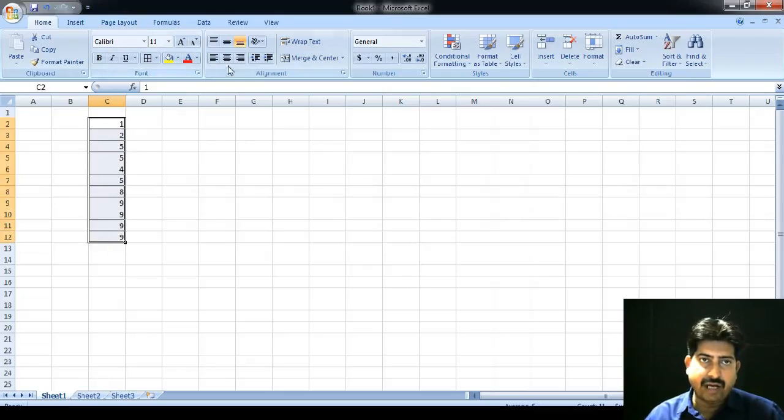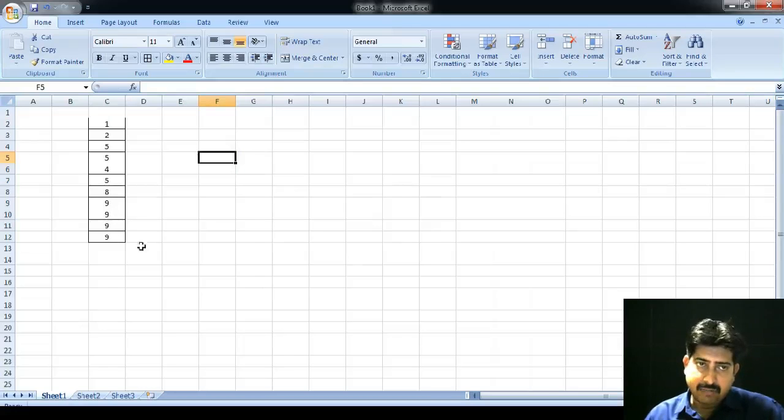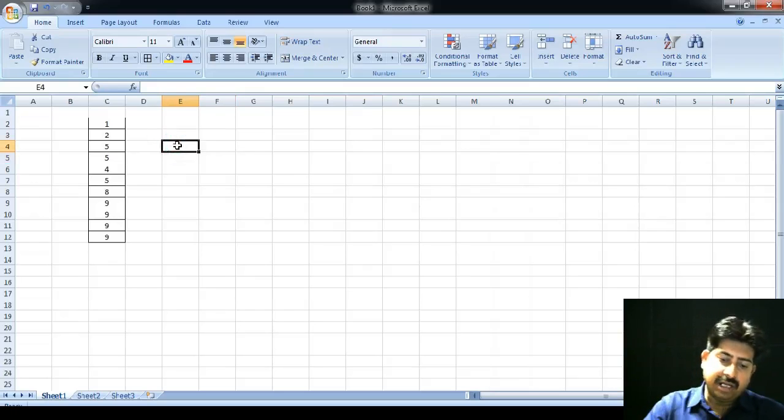Now I want to find the marks which have repeated the maximum number of times. So at one shot you can see that 9 is the number. But suppose that there are almost 100 students who have given the exam. So it will be very hard and difficult for me to find out which marks have repeated the maximum number of times. So what we will do, equals